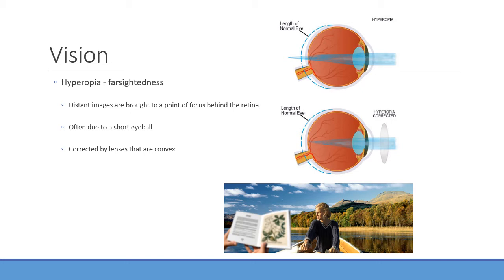Okay. Yes, ma'am. When people get older, is it just because their eyeball is shrinking? Their eyeball is shrinking? That is not the case. I will show you what that is in just a second. Anyone know what that's called? Presbyopia. We'll see what that looks like in just a second.